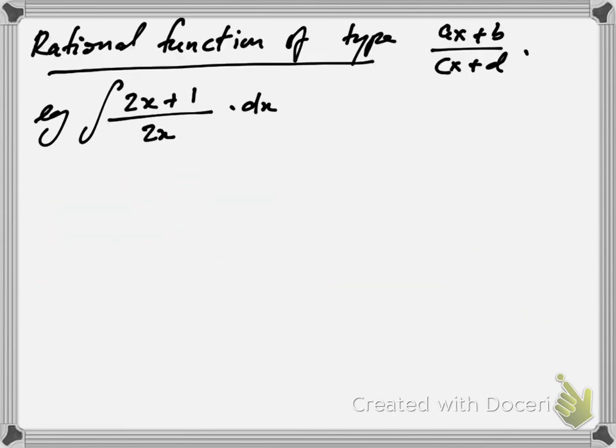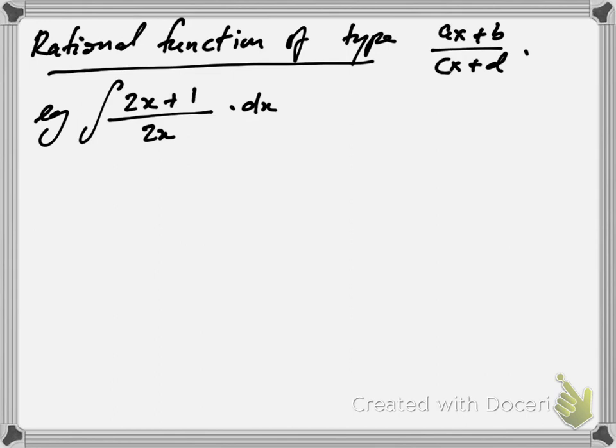Cool, let's move on. All right, we'll have a look at rational fractions or rational functions, of the form ax plus b over cx plus d, and d could be 0 or b could be 0. So if you have a top heavy function where at the bottom you only have one term and at the top you have multiple terms, you can spread them out and